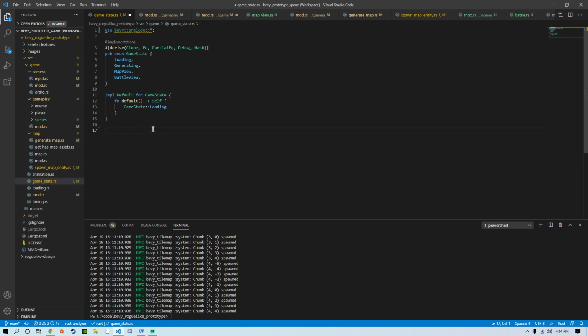What should we call it? What would be a good name for this? Game state rendering the